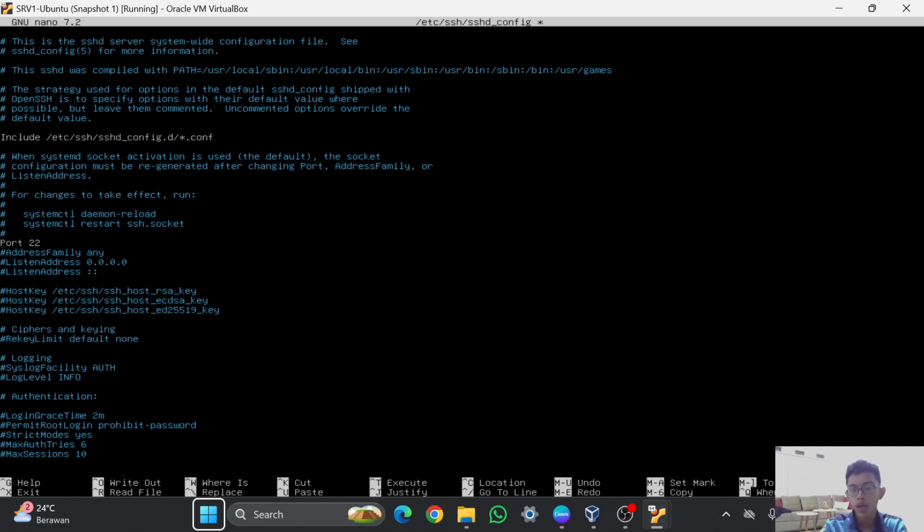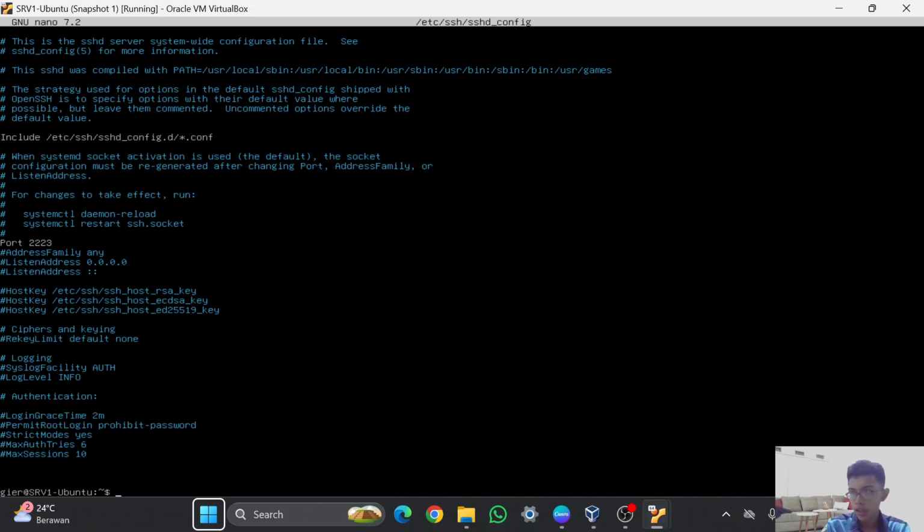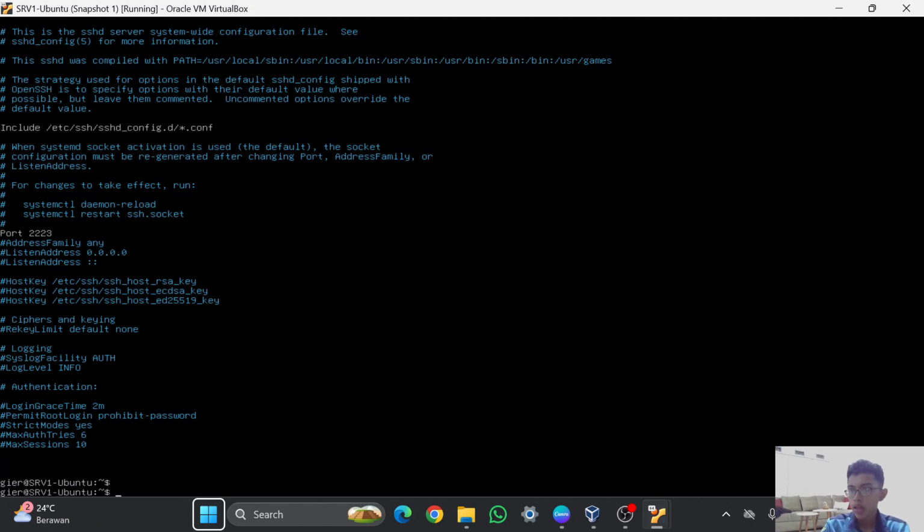In here I will add 23, so the port of server 1 Ubuntu will be 2223. Then I will save it, then yes, then enter.